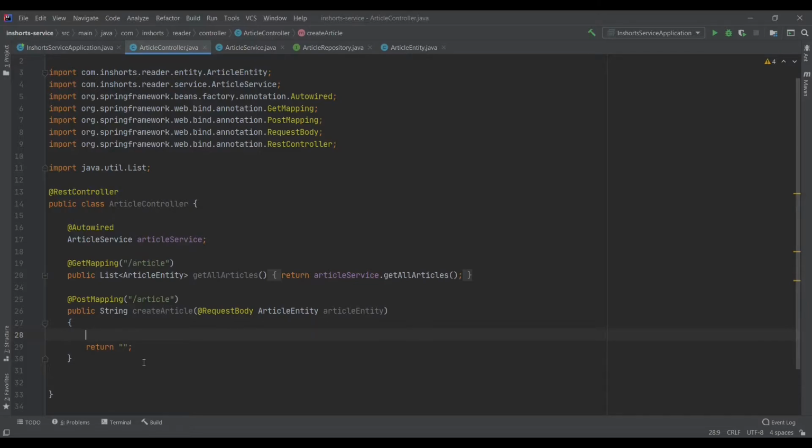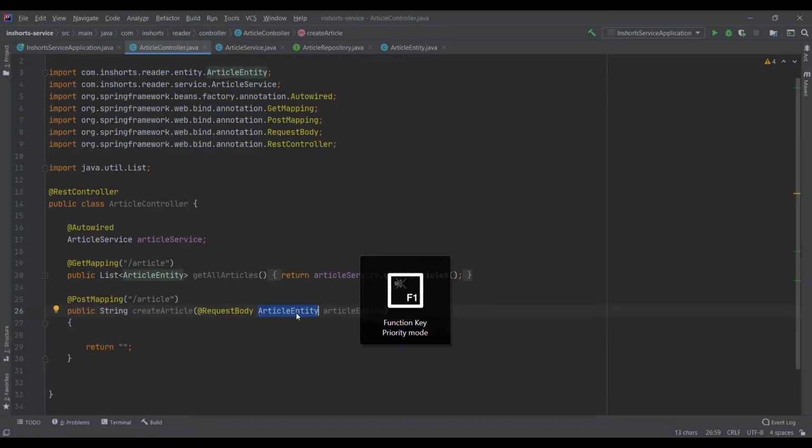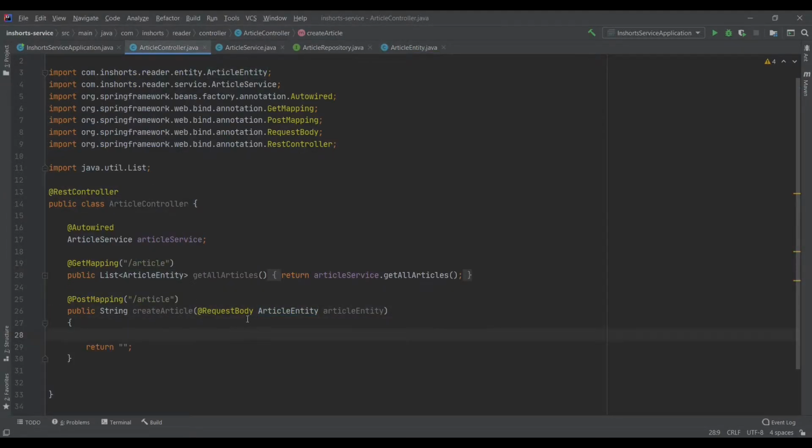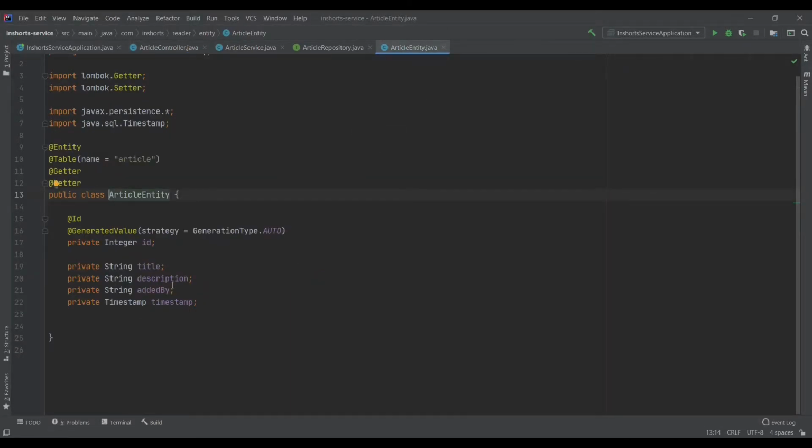So let's move into the service layer. The one thing to note is that we are taking this article entity as the request body for the endpoint. Sometimes people change this and they do not want this article entity to be the endpoint. So they make another DTO, which is a data transfer object, and that would contain a smaller number of attributes that are required.